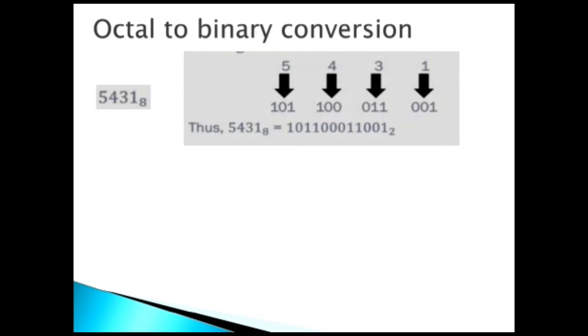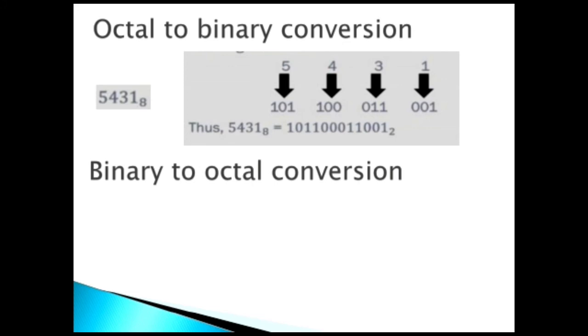Suppose 1 is converted into the binary form, it will be 1. 0 has been padded here to complete the process. Now next number is 3. Now 3 is 1. In this case 0 is added to complete the set. 4 is 100. 5 in the binary form is 101. Then we will club all these binary numbers together and we will have the conversion of octal number system to binary number system.